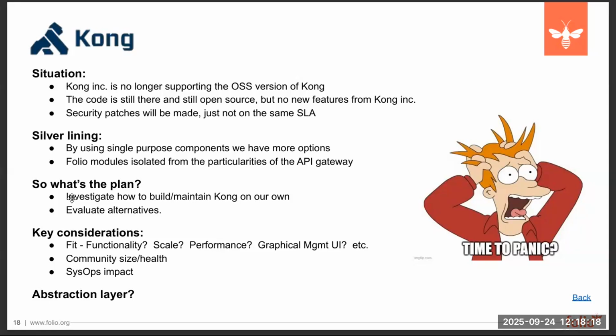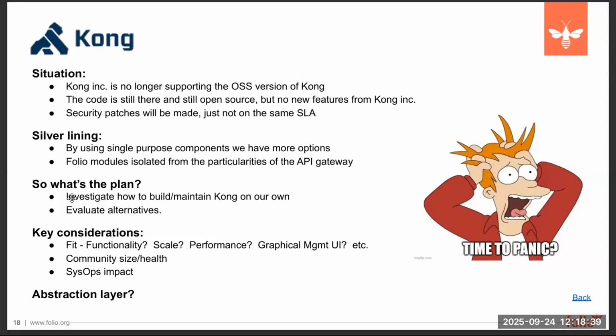And I put abstraction layer here. It's a concept that we've talked about. Maybe it'd be nice if we had an abstraction layer that allowed you to pretty much bring your own gateway, sort of situation. If you want to stick with Kong, you can do that. If you want to use API 6, you can do that. I think that it sounds good on paper, but it doesn't really,